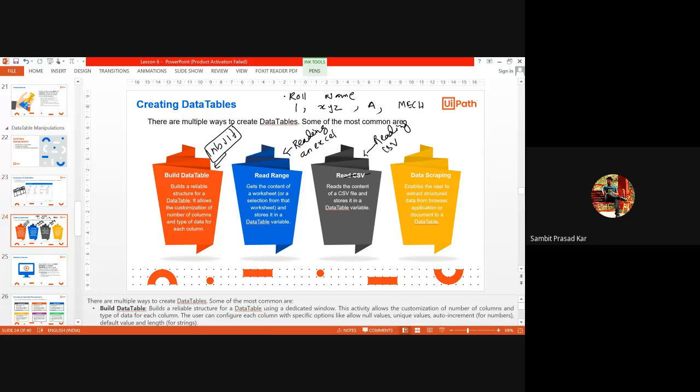If you get any data in this format, that is called comma separated value format. That can also be counted as data, and the comma or space is called a delimiter.